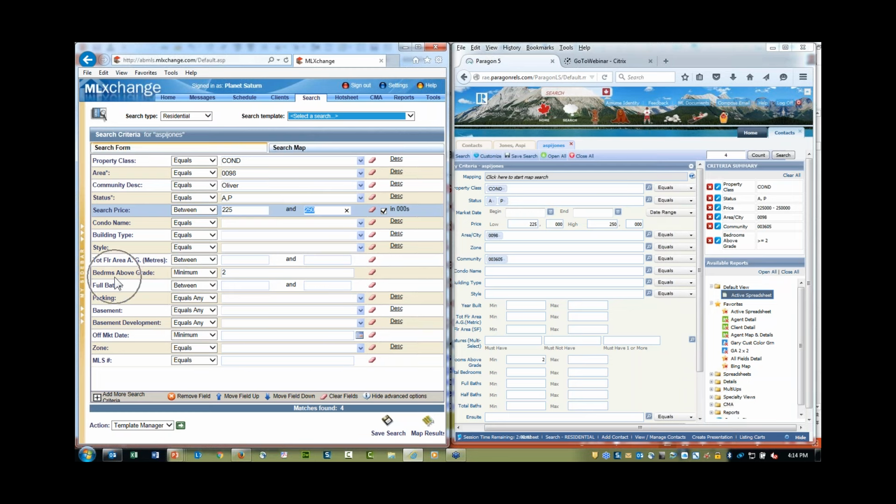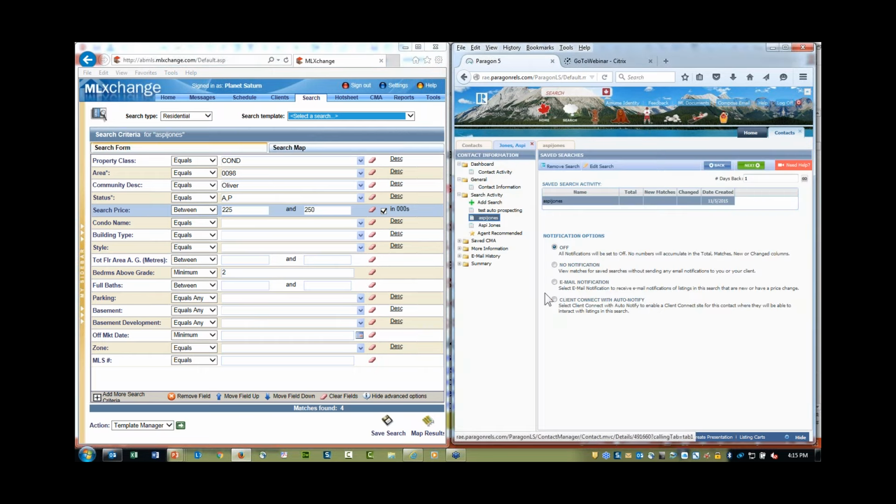So now I'm looking at bedrooms above grade. Notice that the minimum value is 2. As I look over here inside Paragon, notice it says bedrooms above grade, greater than or equal to 2. So I have exactly the same criteria in both searches. So let me move back over to Ask Me Jones tab. So I'm looking at it, and now I'm to the point where I can then turn on automatic email